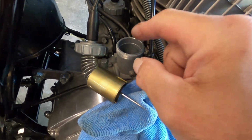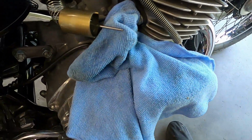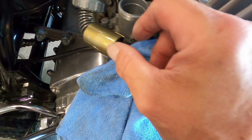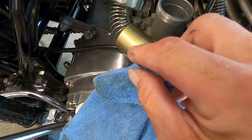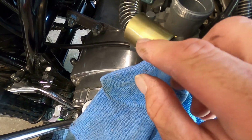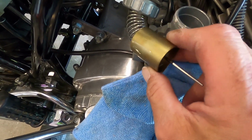Alright, so what I did is I cleaned the inside of the carb out. I just used some brake cleaner, sprayed it on the rag. I didn't spray it down in the carb. Took the rag, swabbed out the inside, cleaned it up, cleaned up the slide really good. When you drop the slide back in, this slide's definitely got some wear patterns on it. I think it'll be okay, but if it starts hanging up again, I might have to actually change the carb